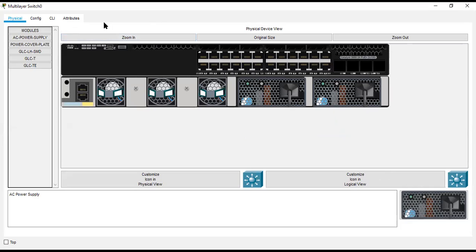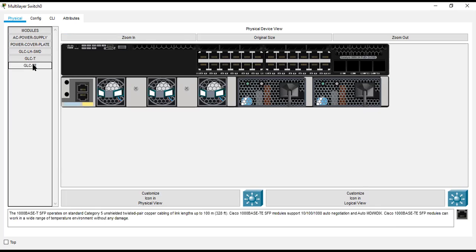Then the second switch. Here you can see the first 1 to 24 are downlink ports, and you can also see the SFP module.